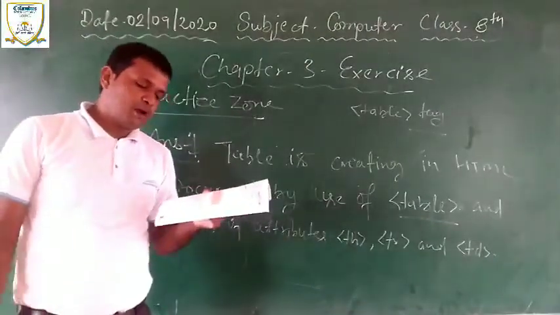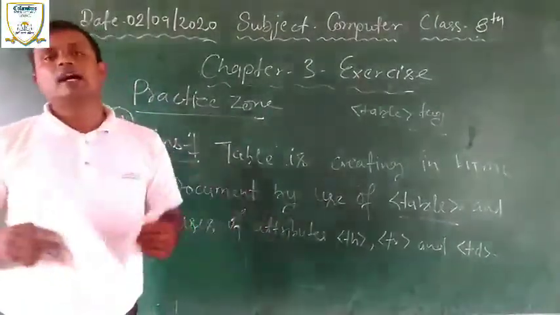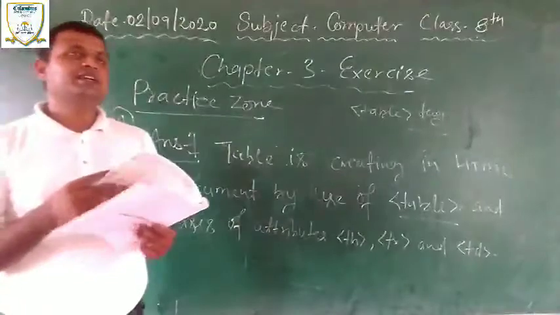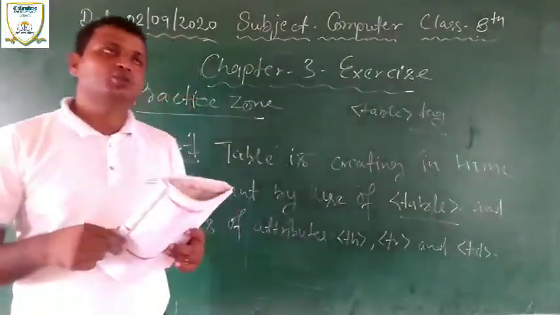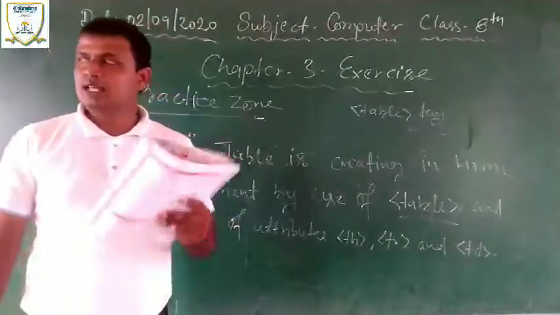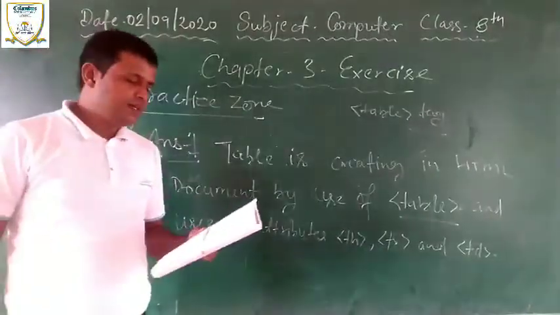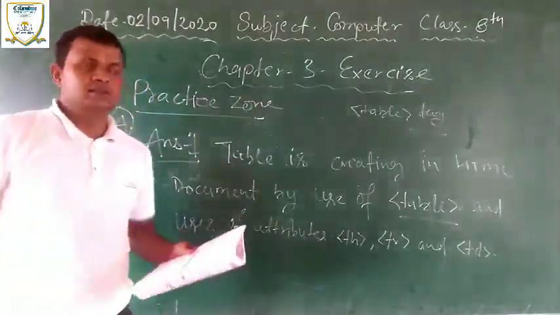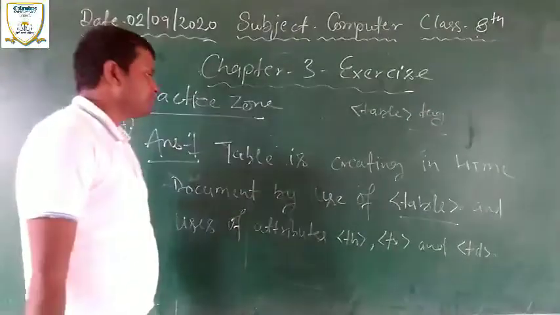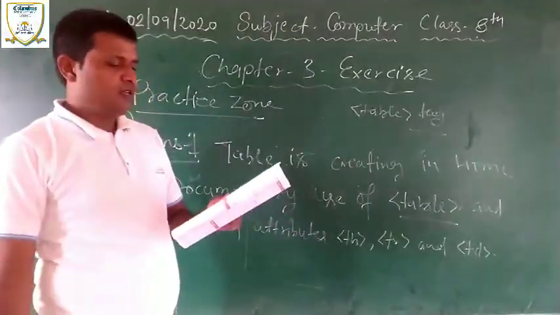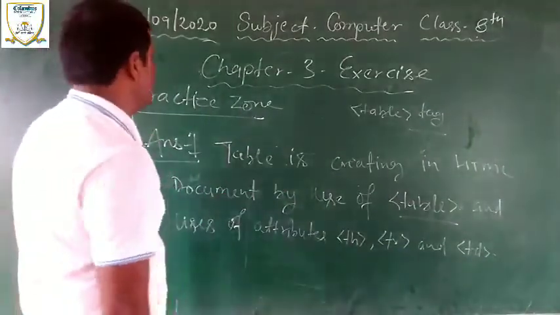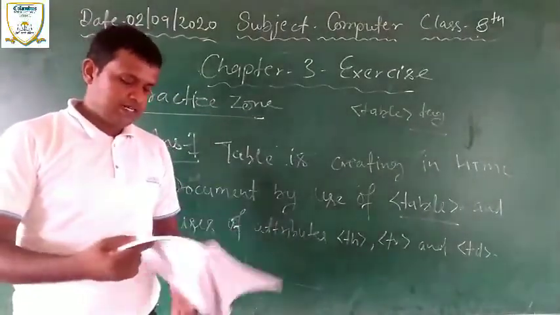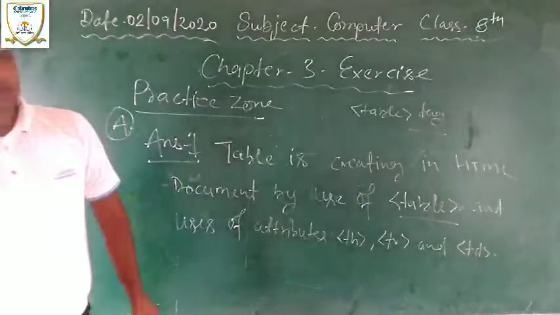What are the various properties of a table? You know very well, a table has different types of properties, as I taught you in the lecture session. The important table properties are width, height, border. Some others are also useful, but 3 are most important: width, height, and border. The question is the second: what are the various properties of table? I erase it.